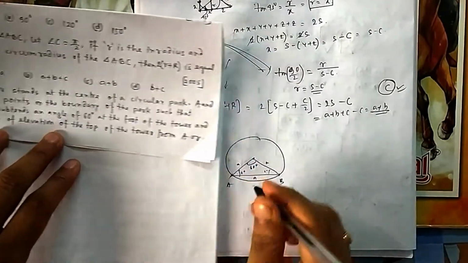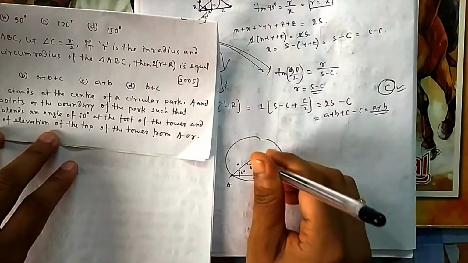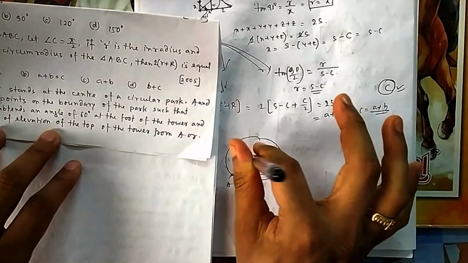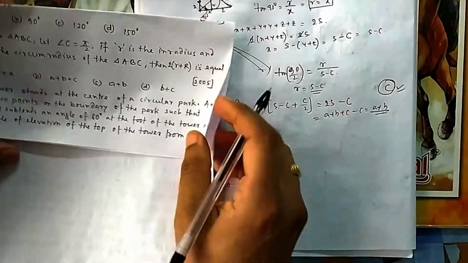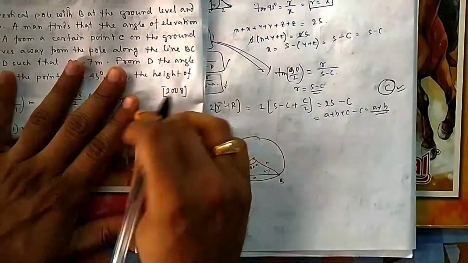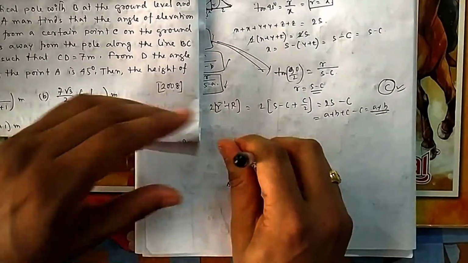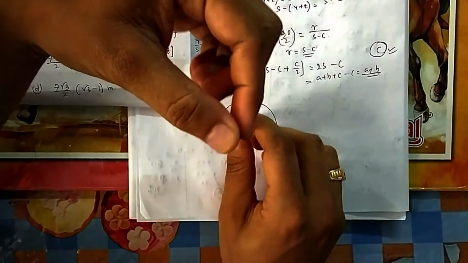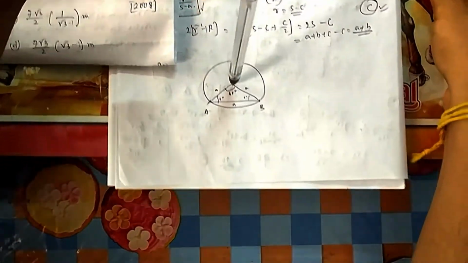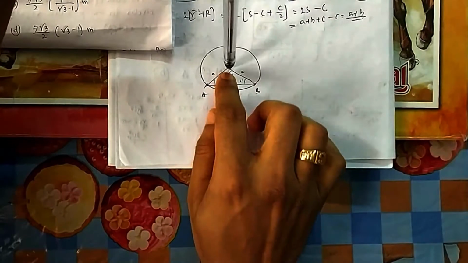At the foot of the tower, at an angle 60 degree, which is at the center, so the tower is here, and the angle of elevation of the top of the tower from A or B is 30 degree, then the height of the tower. Now what they are asking here, because it will be a 3D look, because in class 10 you have done height and distance for 2D, here it is for 3D. I think you can see this one. Okay, this is the height.